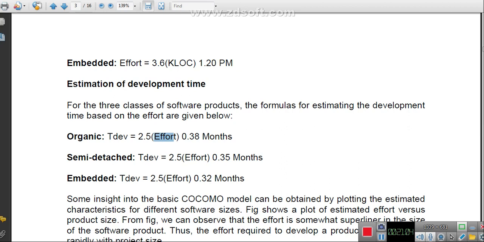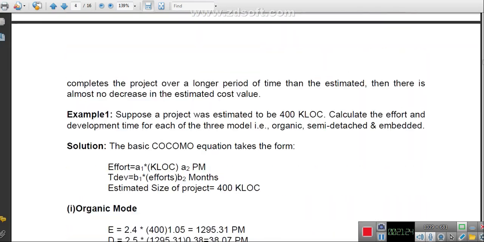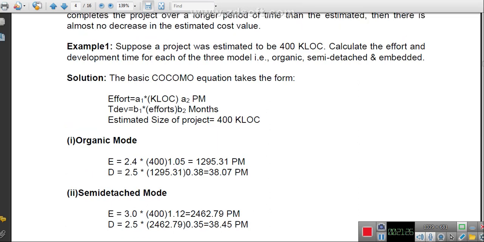So these are the formulas which are given by Boehm. Organic के लिए अलग, semi detached के लिए अलग, embedded के लिए अलग. Efforts के लिए 3 फार्मूले अलग हैं, organic के लिए, semi detached के लिए, embedded के लिए, और कितना टाइम या डेवलपमेंट टाइम लगता है उसके लिए अलग अलग हैं. So this we have already seen. We have seen the particular